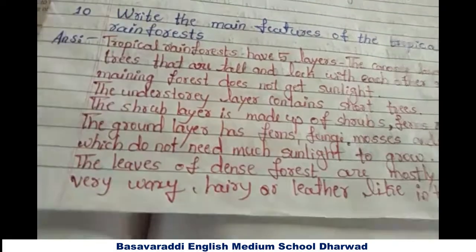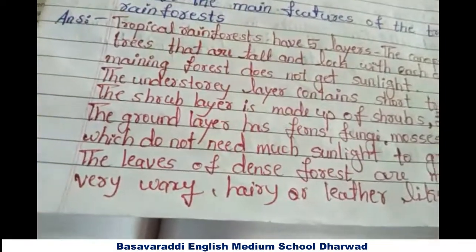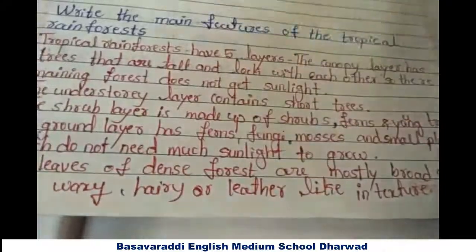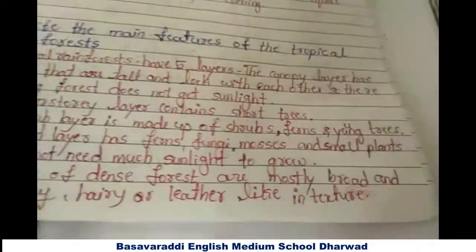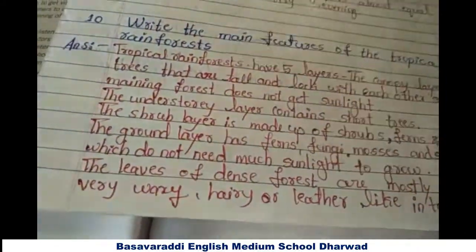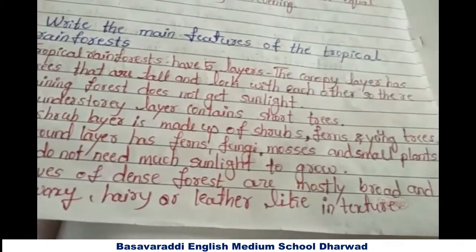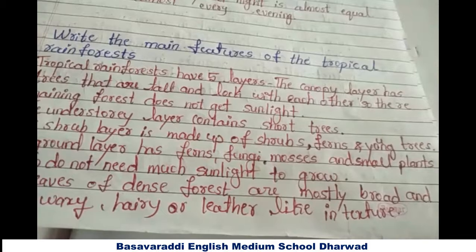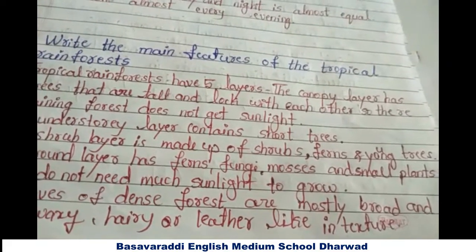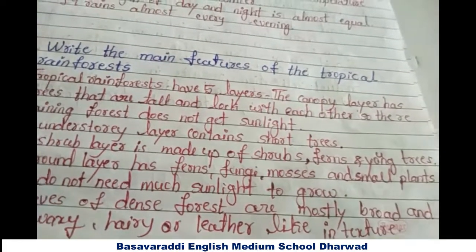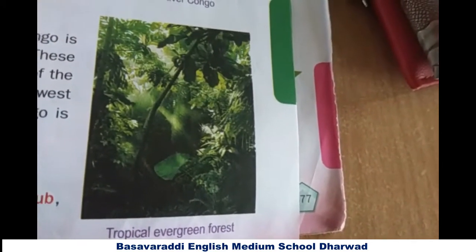Next, the leaves of a dense forest are broad and very waxy, hairy or leather-like in texture. I will show one more example. Very nice, no? Tropical evergreen forest.